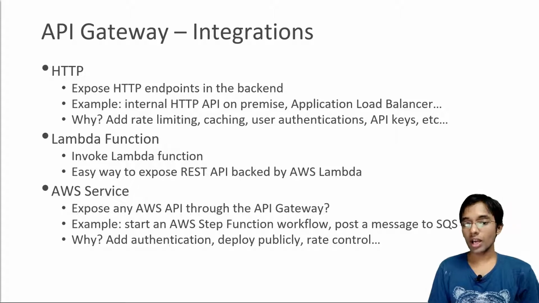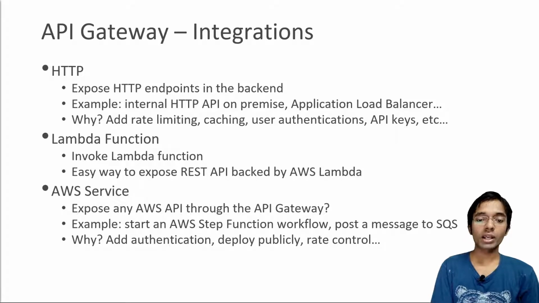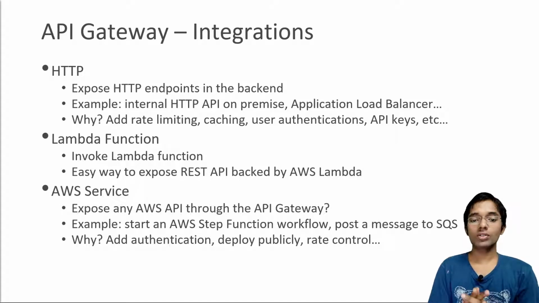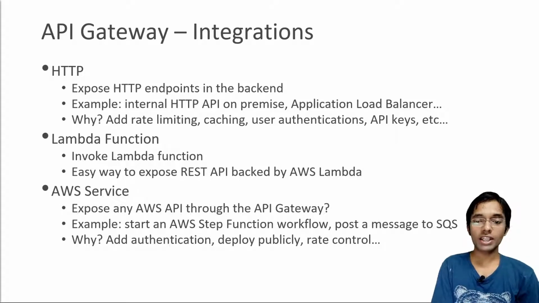Maybe you want to add rate limiting, caching features, user authentication, API keys, or something like that. These are all features of the API Gateway. So these could be very good reasons to add an API Gateway as an extra layer on the HTTP API on premise. Then there are Lambda functions,